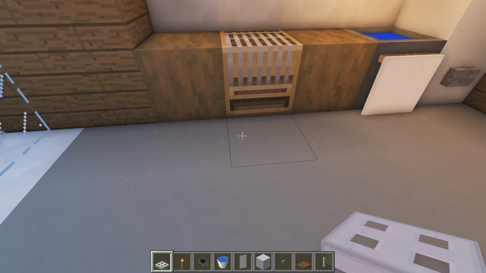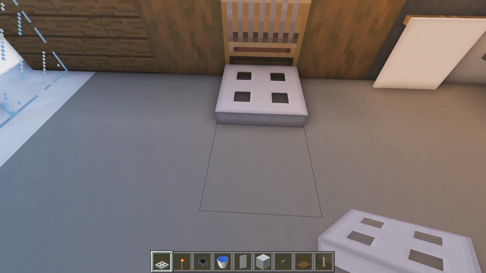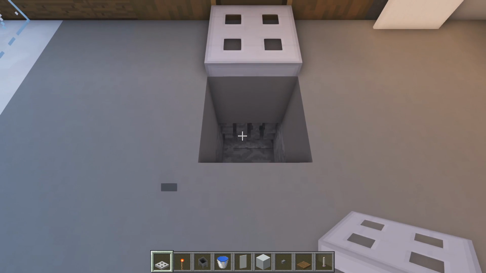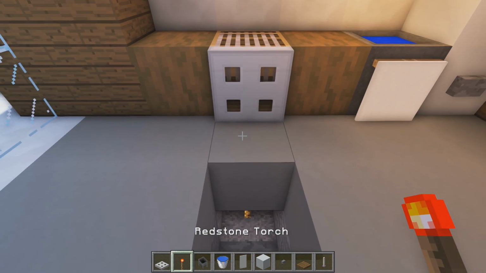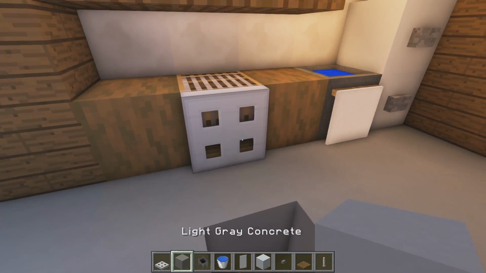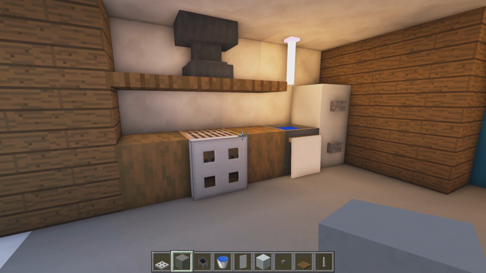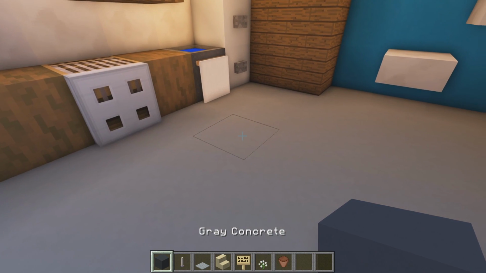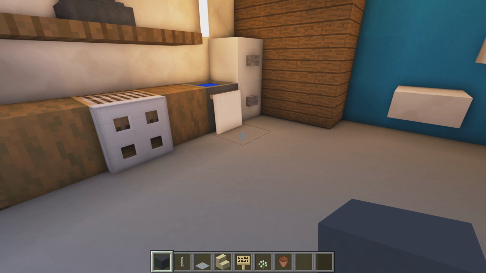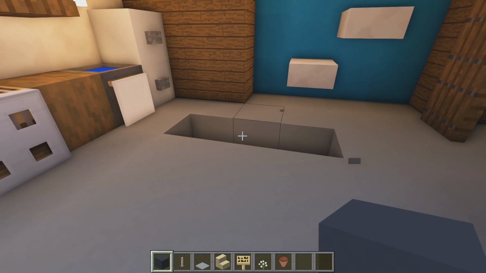First things first, place the iron trapdoor facing our loom block, remove 1 and 2 blocks down and 1 in front, place the torch underneath, flicking the iron trapdoor up, creating an awesome oven door in front of the loom block. We can then replace our floor block just like so. Next, we can grab some grey concrete. We can jump 1 block in front of our sink and replace 1, 2, and 3 blocks of grey concrete